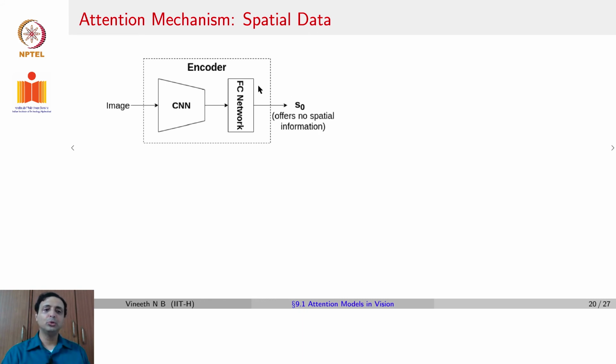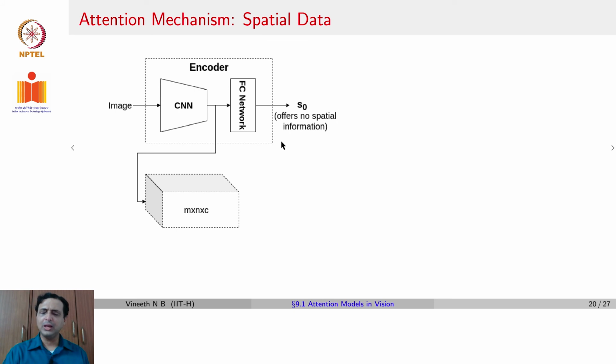Unfortunately, when you use a fully connected layer after the CNN, you lose spatial information in that vector. So instead of using the fully connected layer, we typically take the output of the convolutional layers themselves,